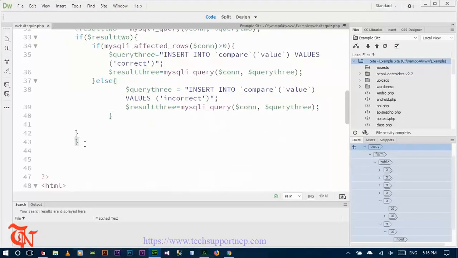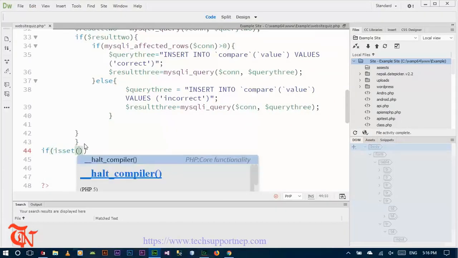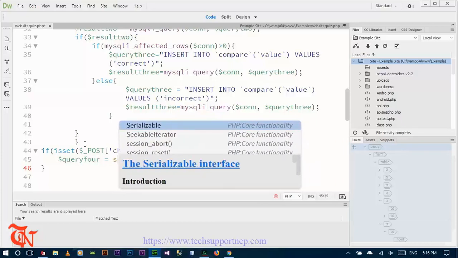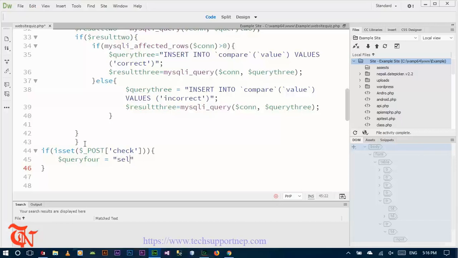and outside of this button, if it check first check, if the user click on check, again we need to write the query for is equal to select value from compare order by id desc limit 1. I already told you that this query means select the value from the compare and then this value is ordered by the descending order. I mean, if there is two values in our database,